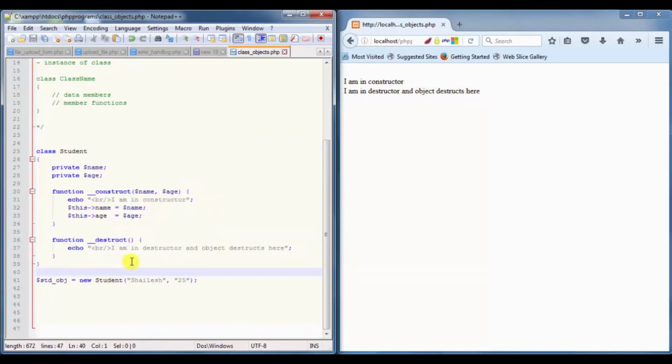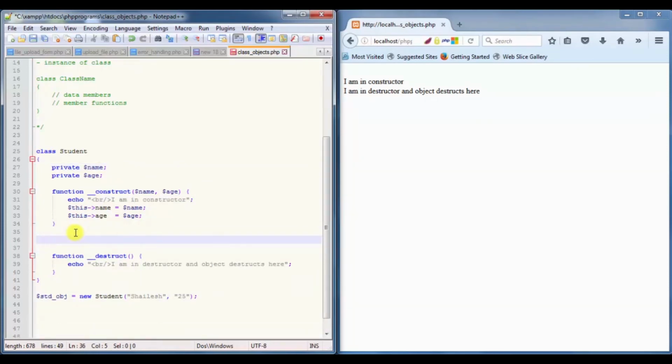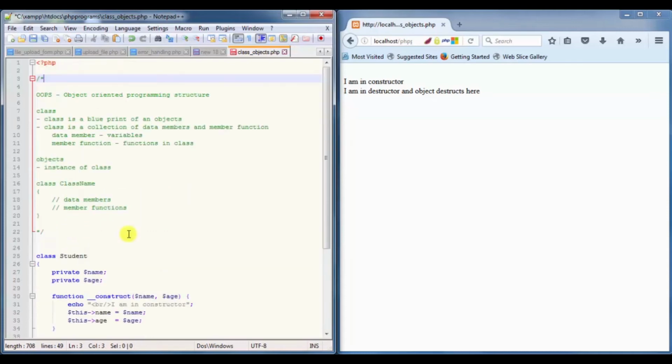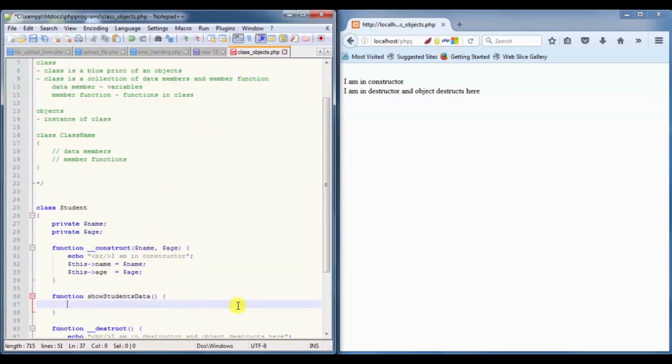So that's how you can see how to create an object of any class. This is the simple procedure. If I want to add member functions, that is user defined member functions, I can use function show students data. This function is going to print data of any student on the screen. So let's just try to create